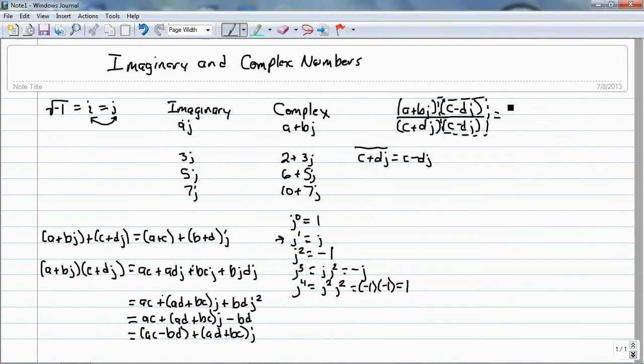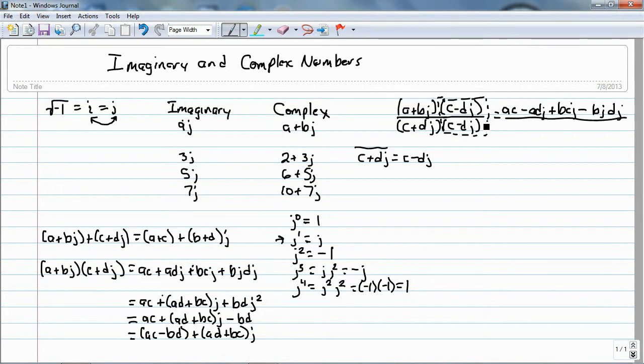So I'm going to have AC minus DAJ, or ADJ. Let's put it in alphabetical order. And then I'm going to have plus BCJ. And I'm going to have minus BJ times DJ